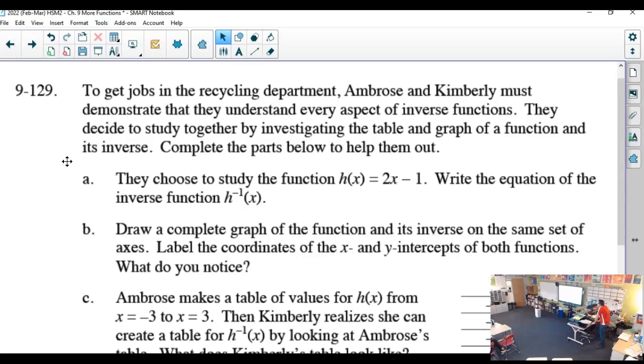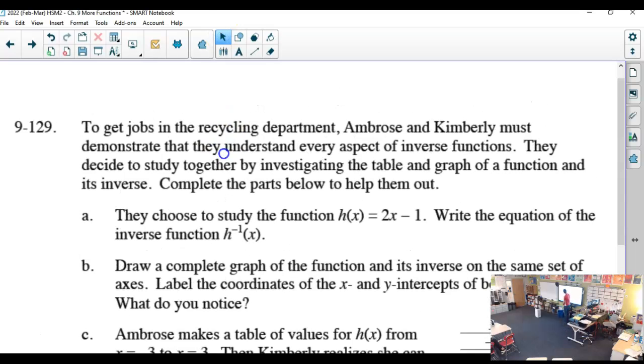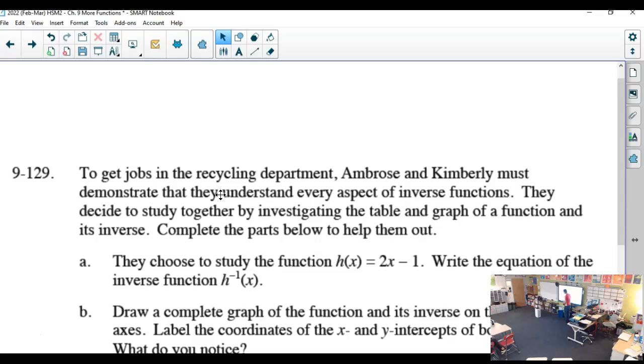So, I want to circle back to something Jake said at the beginning of the lesson. Jake made this bold statement that our inverse functions will be perpendicular lines, and I want to test that out. So, h of x, 2x minus 1, nice linear function, right? They won't be perpendicular, because it'll be reciprocal, but it won't be opposite reciprocal.